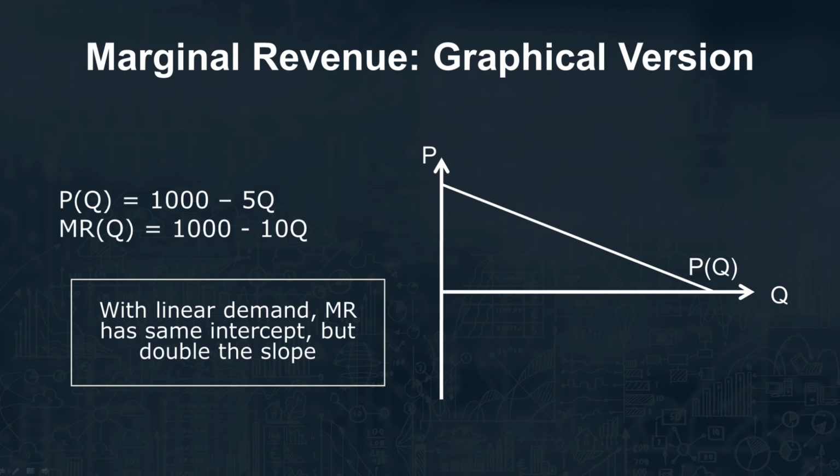So notice that when you have a linear demand, our marginal revenue has the same y-intercept, in this case it's 1,000, but the slope is doubled. So we went from -5 to -10. That will always be the case when you have a linear demand curve. So here's the marginal revenue graphed on the same